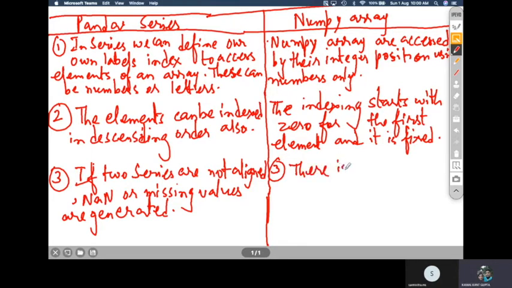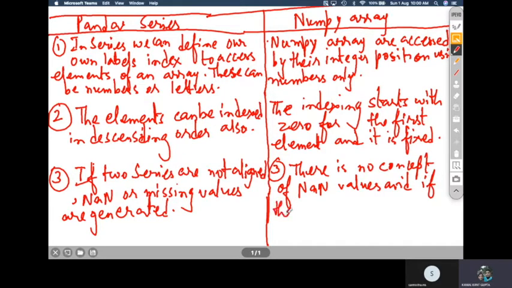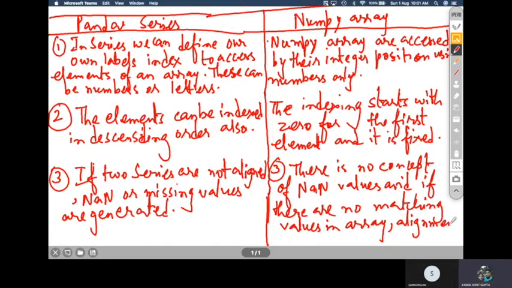There is no concept of NaN values, and if there are no matching values in the array, alignment fails.